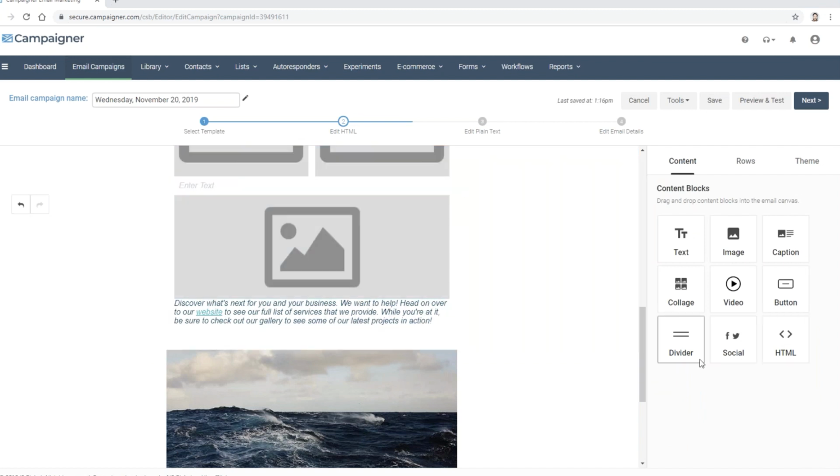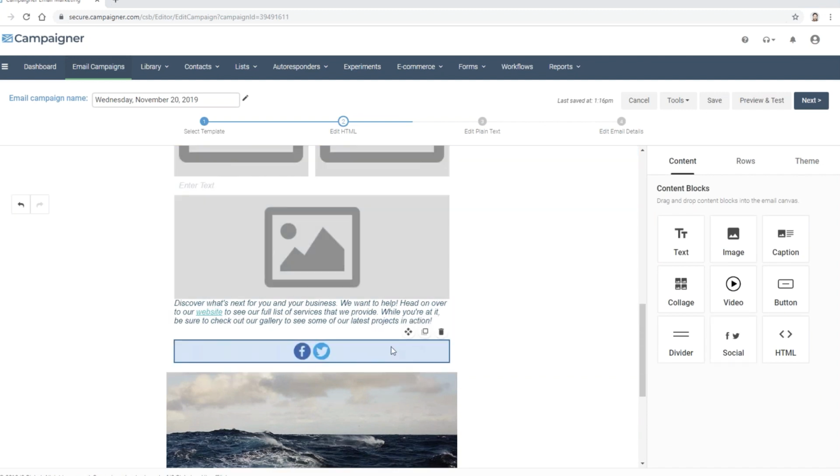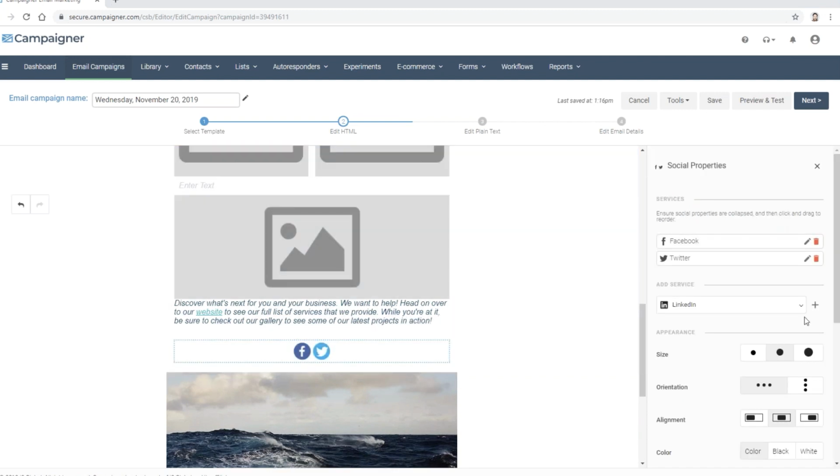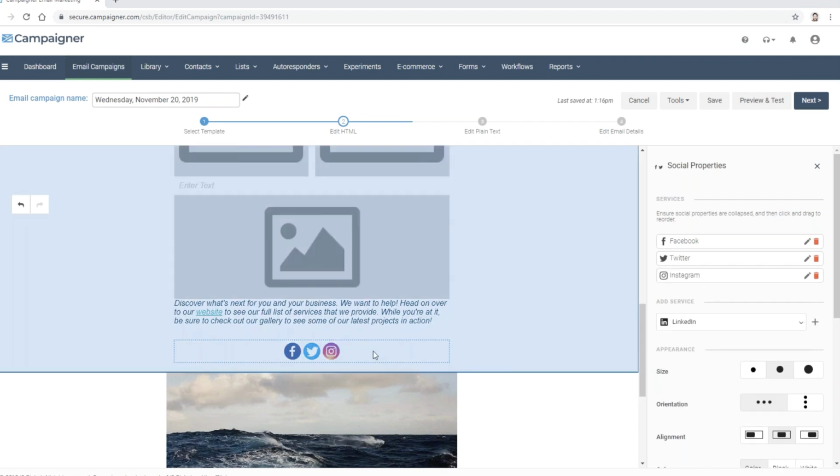Divider, of course, is just the ability to add in a divider block. Social media looks as follows. So a nice little widget to be able to drop in any of the most common social media services. So let's quickly and easily add one of these. So if I wanted to add Instagram, I just select it, add it, and now it gets added to the